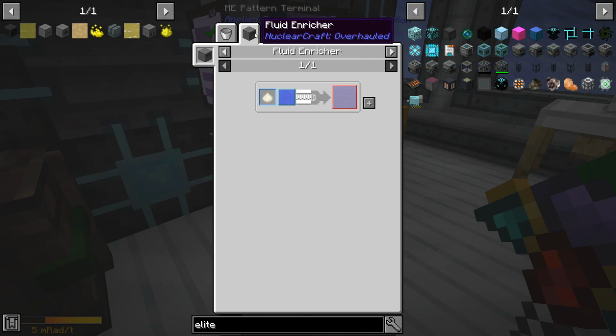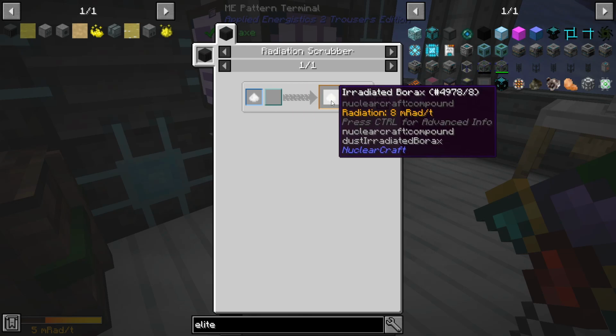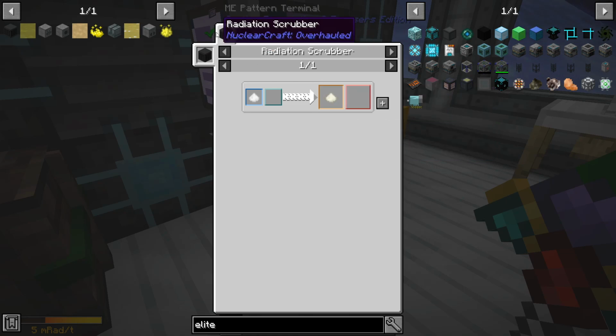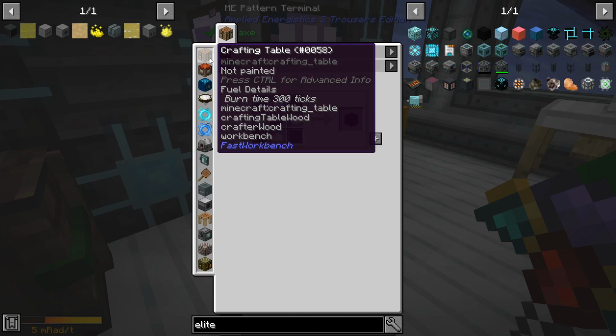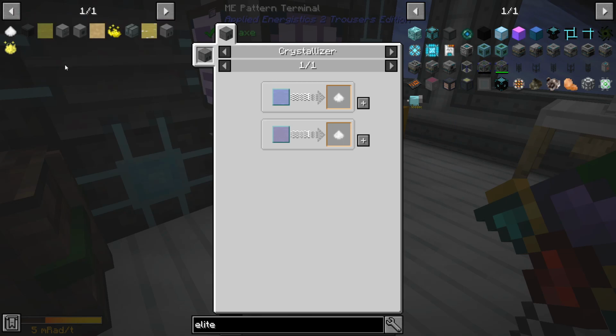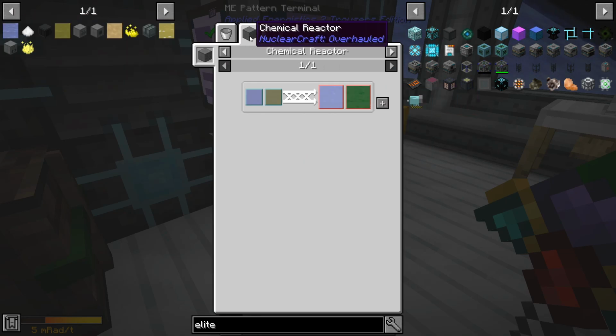Now, what's the difference between radiated borax, borax, and a radiation scrubber? Oh, you use borax? Oh no. It's changed. It used to be you just put power into it. Okay, so we need to make borax, which means we need borax solution. And borax solution is...